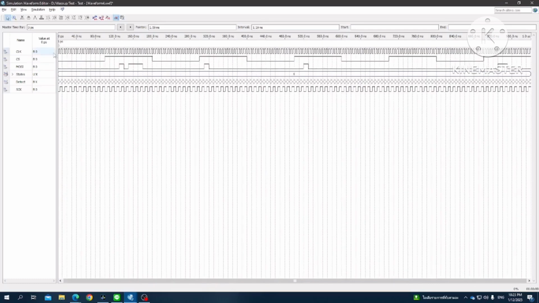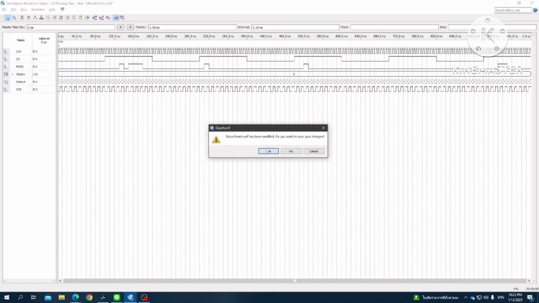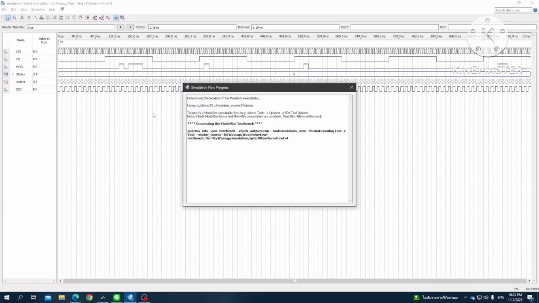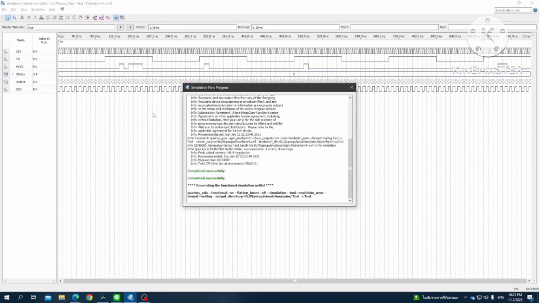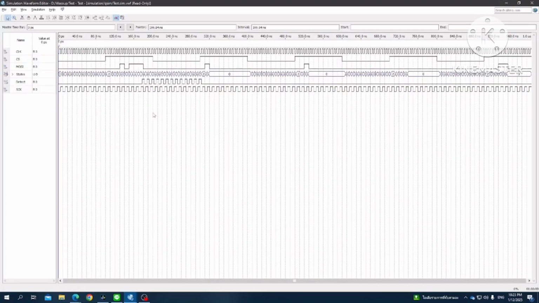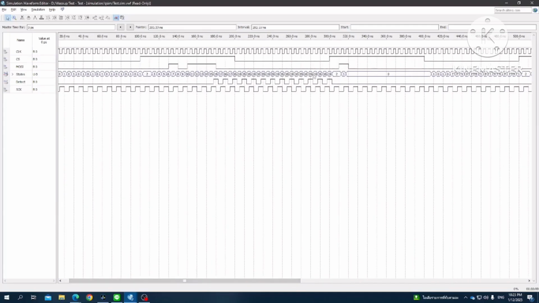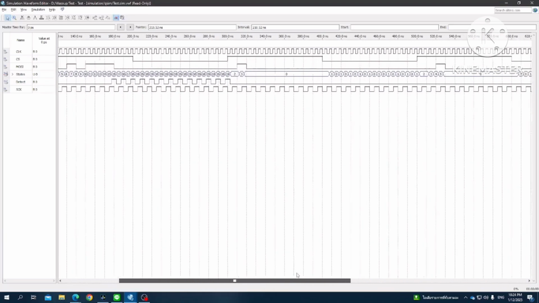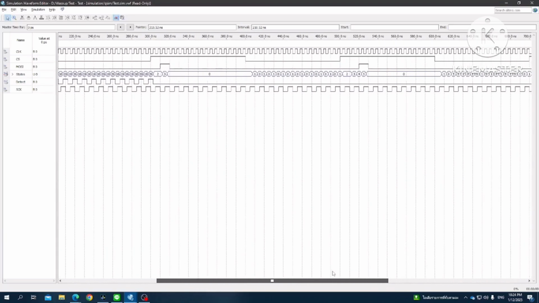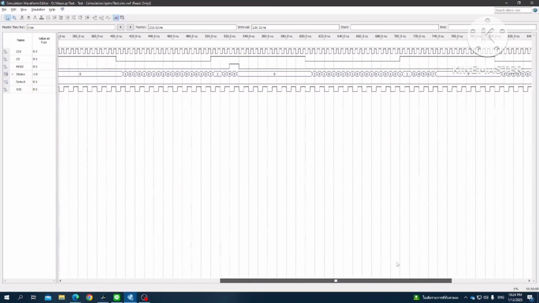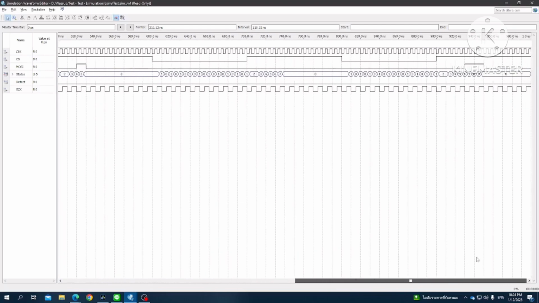Okay, so next I will simulate it. So here, if my number is correct, it will detect light, but if it's not correct, it will go back to state 0, and here also, and here still go back to state